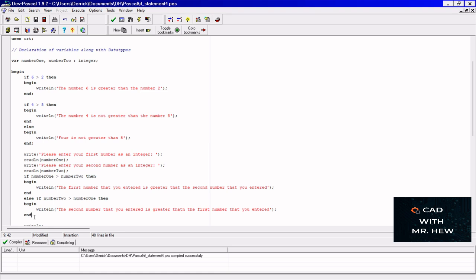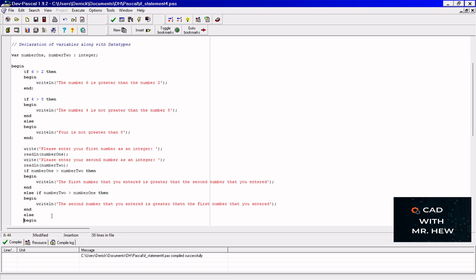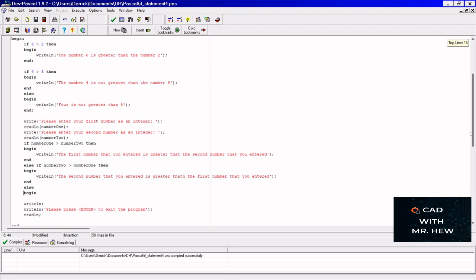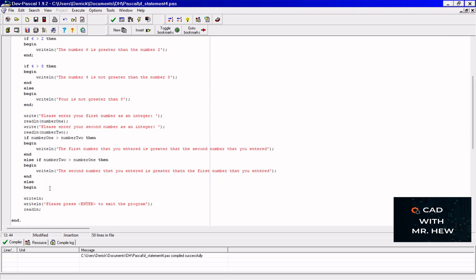Then we're going to have an else. The else will check if the two numbers are equal or are the same. So after the end, we're going to write else, enter, begin. We need the begin on the next line, so I need to press enter. I'm going to scroll down here. So we're going to begin, enter, tab,